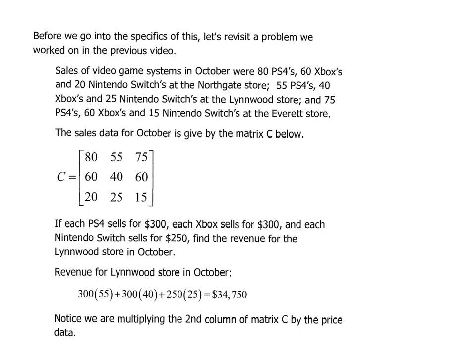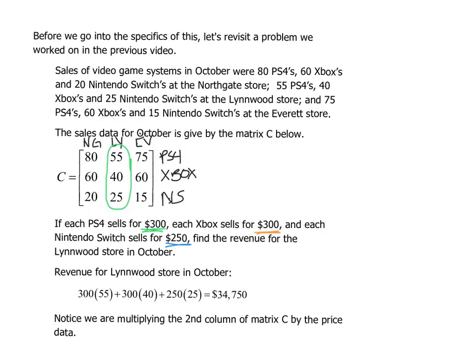where I gave you the sales data for the month of October for 3 different stores. So in our sales matrix, our columns were our stores and our rows were our different types of game systems. And what we had to do in the last video was figure out what the revenue was for the Linwood store in October. So we know that PS4s sold for $300, Xboxes also sold for $300, and Nintendo Switches sold